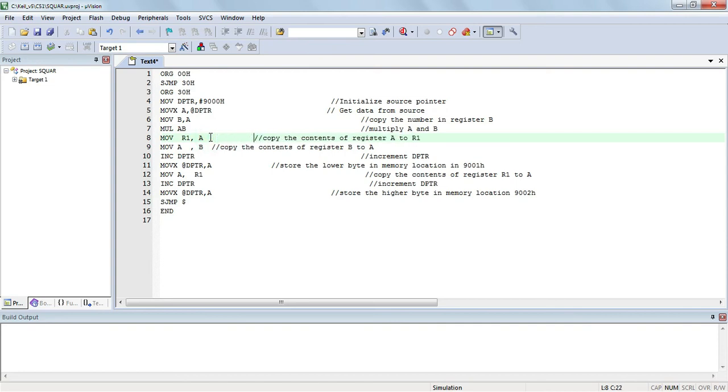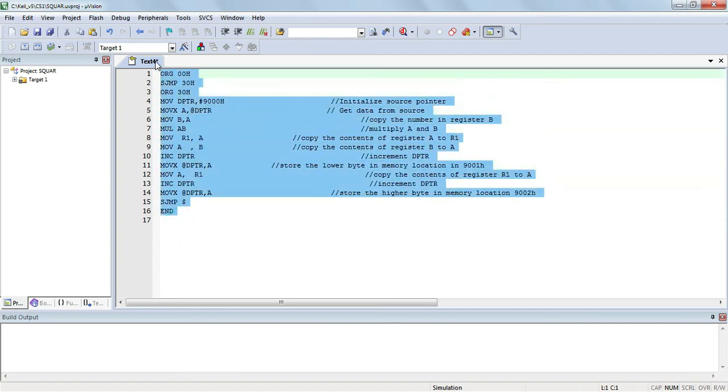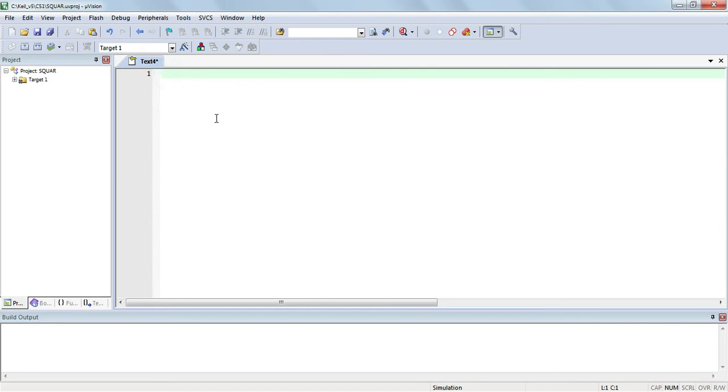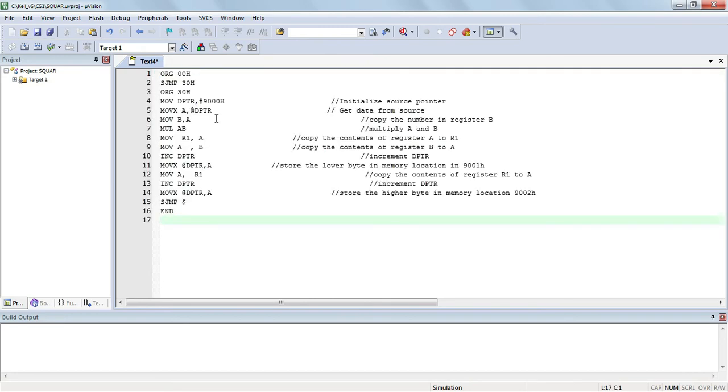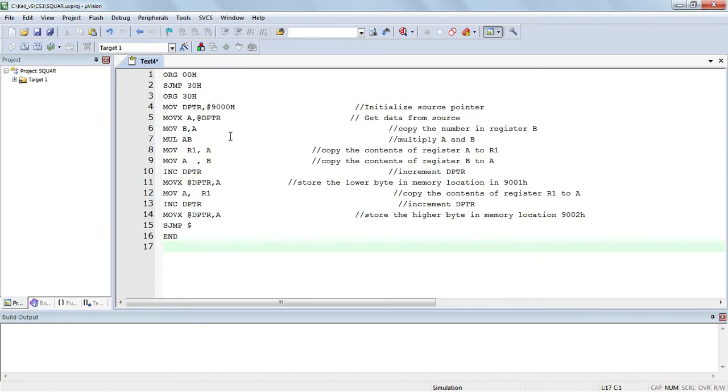So the program is typed. Once the program is typed, we need to save the program.